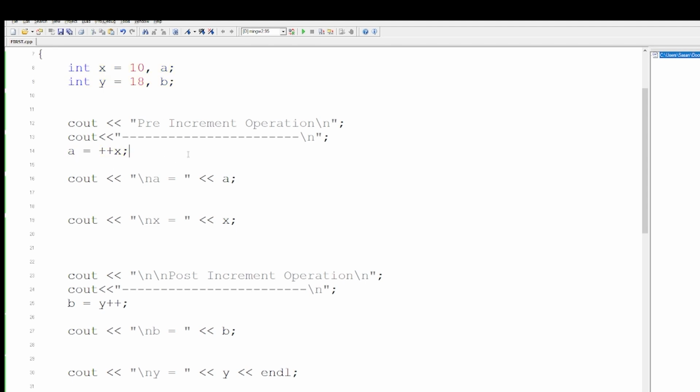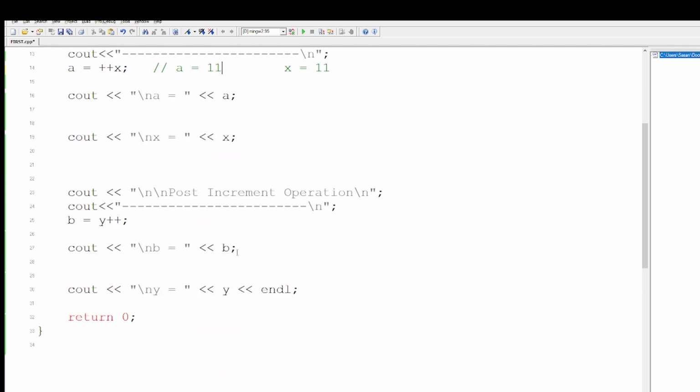Now for pre-increment operators, let's say we have a and then we have x. On the slide, I showed you that a is directly equal to plus plus x. So that means if x increases, a will also increase. X was 10, it will become 11. Now a is equal to plus plus x. That means x has become 11, so a will also become 11. Once a has increased, the 11 value will go to the variable a, and the x value will go to the variable x itself, because x is incrementing. So it will also be increased.